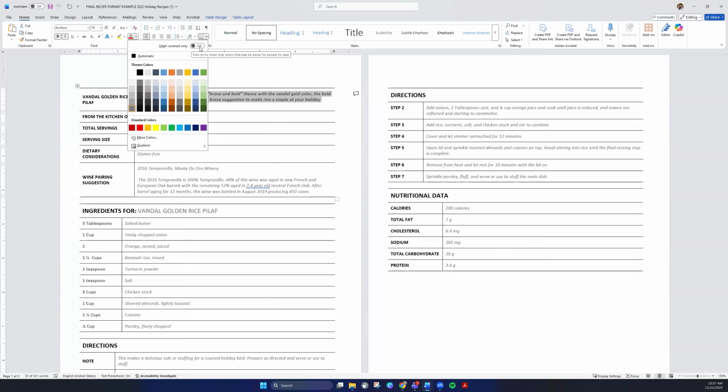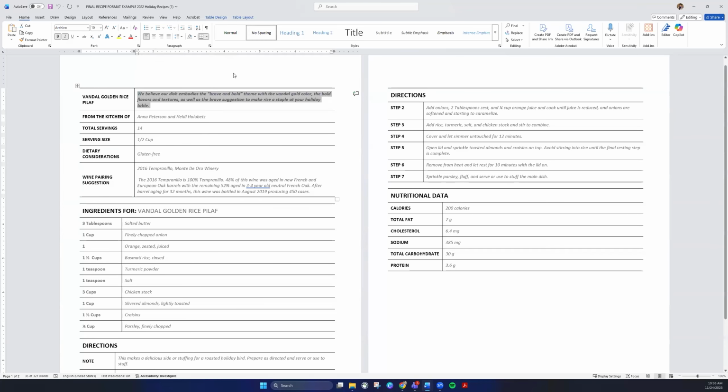You do have the option up here on Word to say high contrast only, and what it will do is just block off those colors. And so if you only want to be looking at the colors that are chosen for high contrast, it will just show you there. So that's a really good option if you don't want to be overwhelmed by highlighting and going through all of those different colors. I will turn that off for now because I know what color I'm going to use,